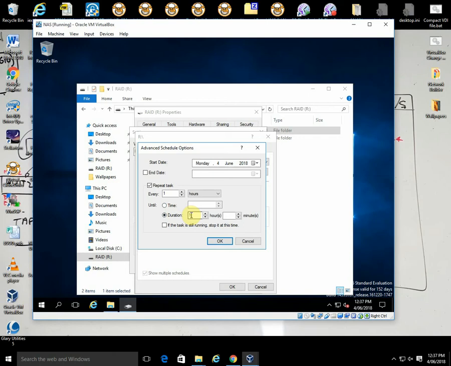So I can set a duration of, you know, 5 times. You might go for every hour for like 10 hours or something like that, so it does 10 generations of copies. And if the task is still running, stop it